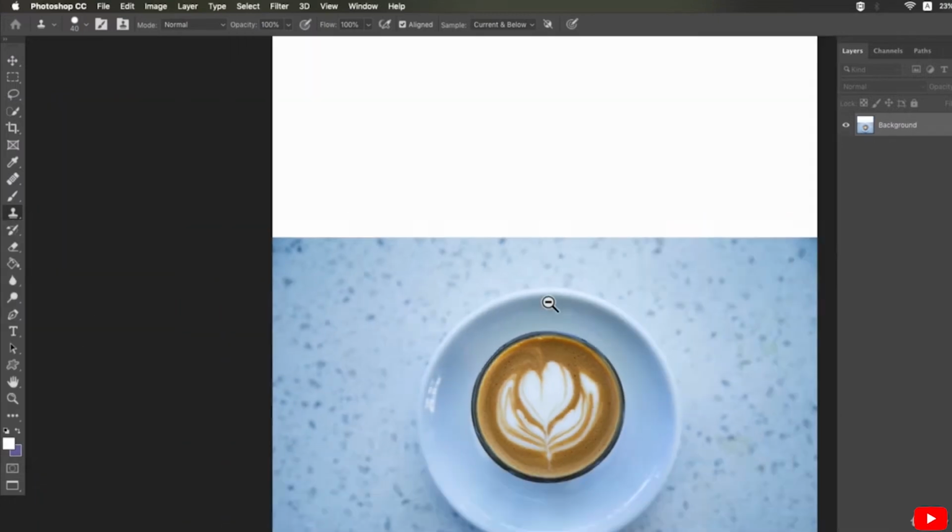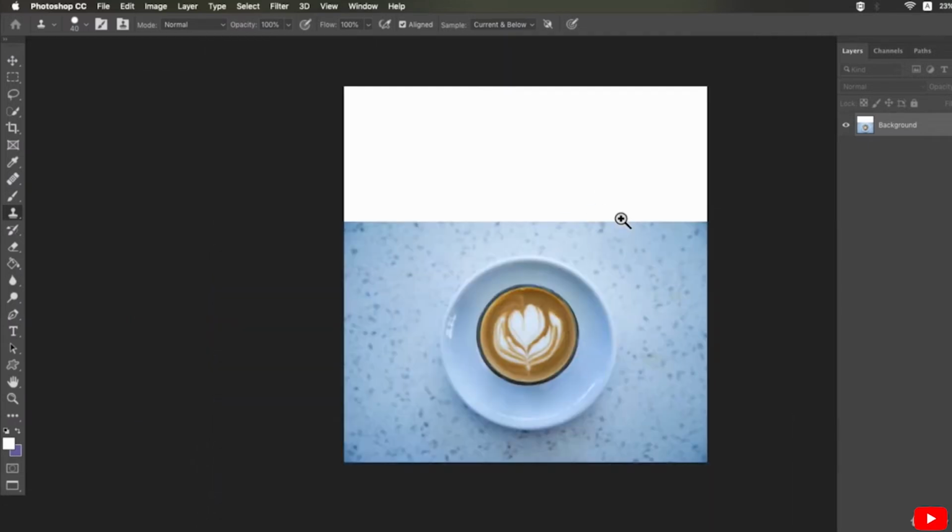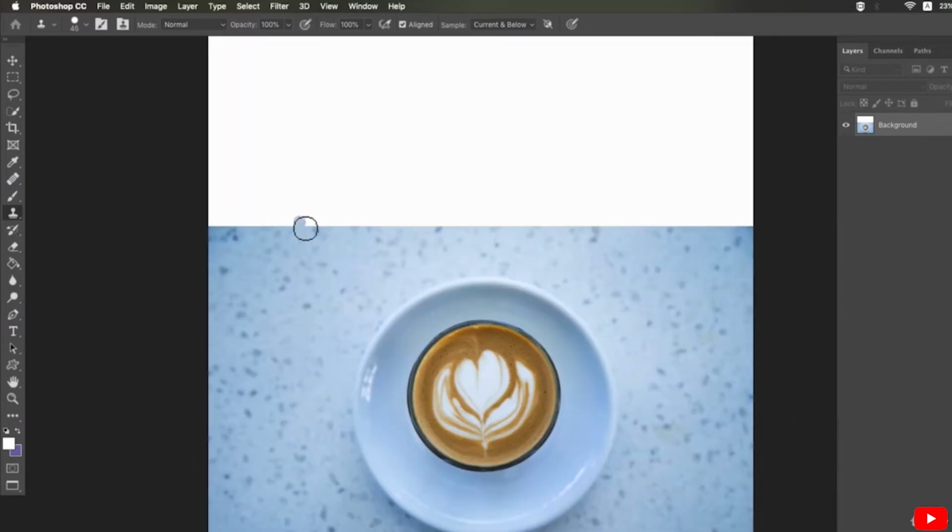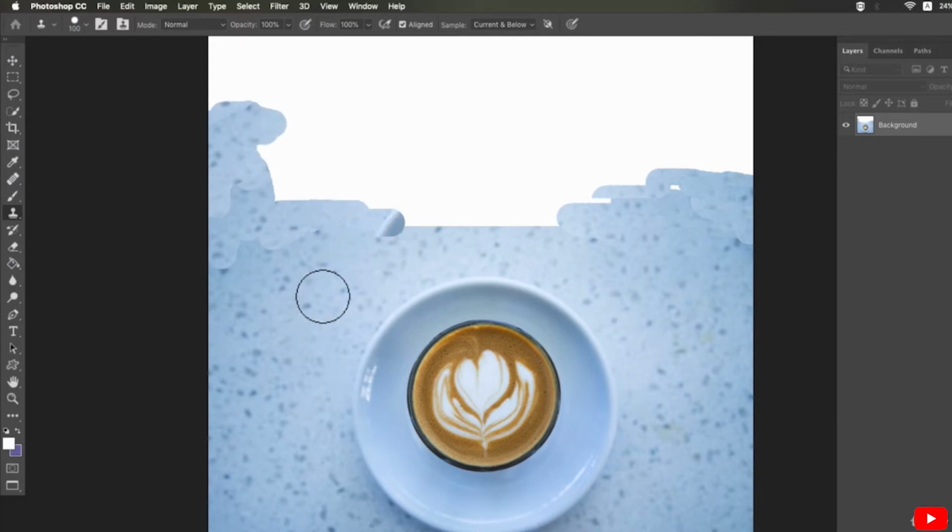Now, we have a white space at the top. We then use the clone tool to clone this background onto the top. Take note that you won't be able to use the brush tool as the background is not a solid color. It has a texture. Let's use the clone stamp tool now to clone the image by selecting the source and